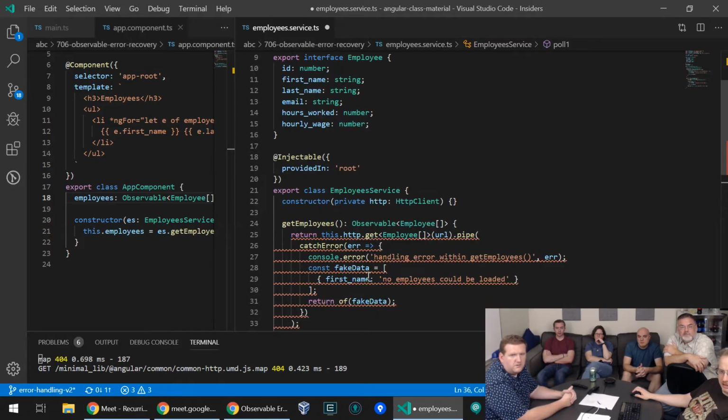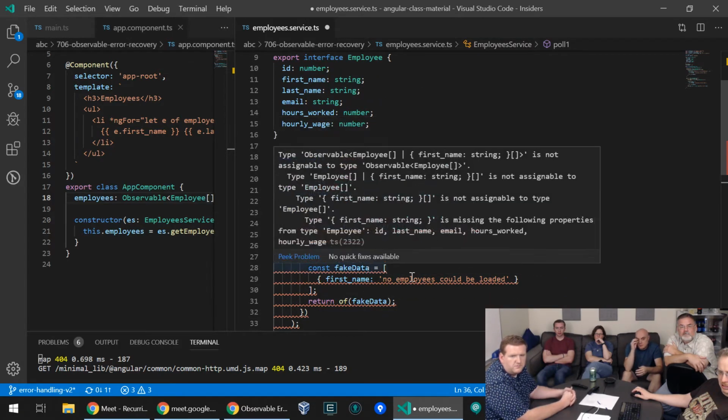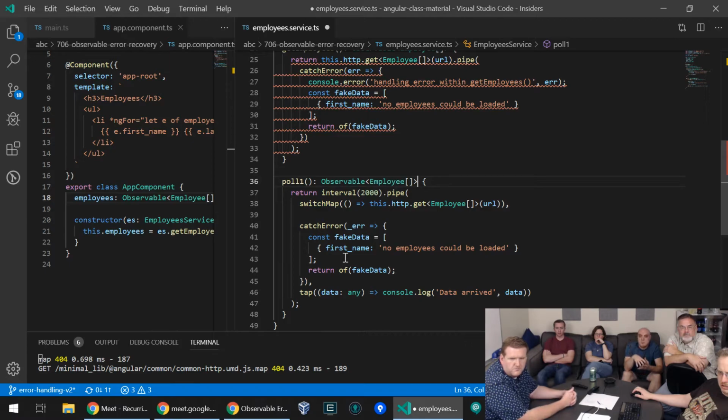Why does it complain here, but not here? Probably because of how interfaces work, right? If you had defined fake data as an array of employees on line 41, then it would have complained. But because you are using data that's predefined,